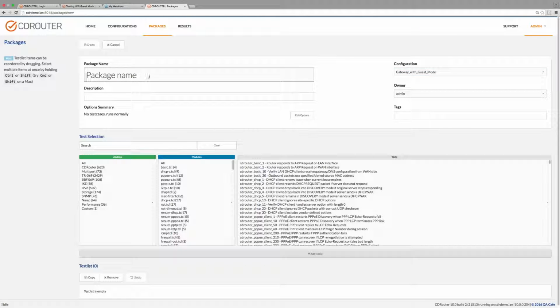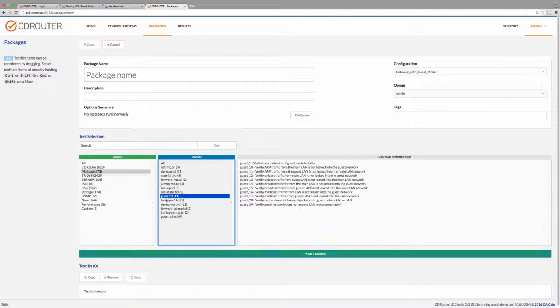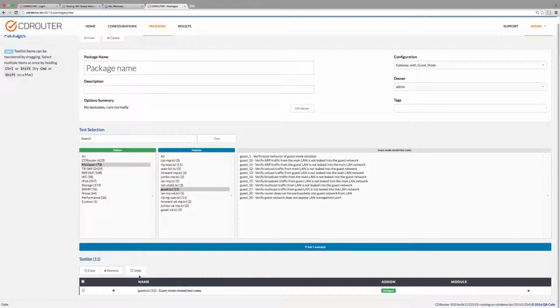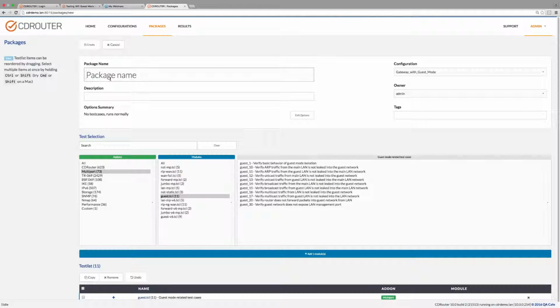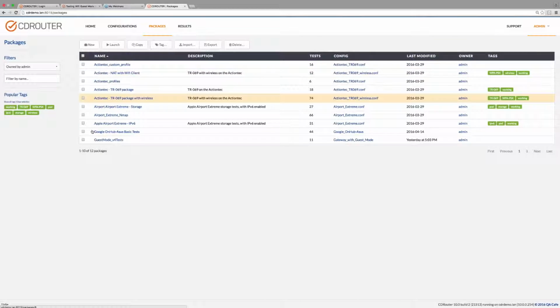You can enter a name in here for package name, but the point I wanted to show here is under the multi-port add-on section, which I just highlighted, you'll see both the guest and the guest v6 modules are here. So I'm just going to show you adding a module, which adds it down here, and with just a test package name, it gets created. So if we go back here,